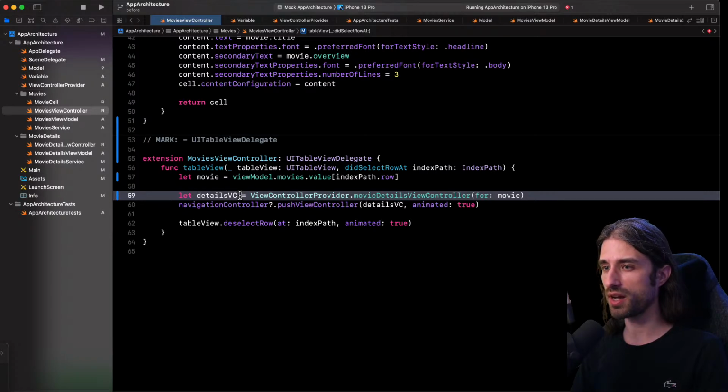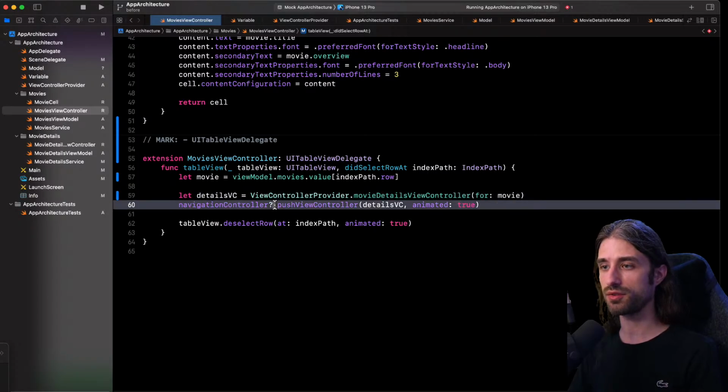Let's say that for some reason we have some additional navigation logic on which view controller to show. For instance, for some kinds of movies we want to display an ad, because the movie is very popular and the people who make the movie have paid us to show an ad for it. In a real app that could be possible. I would need to add this extra navigation logic in my view controller, and it would become even more complex.